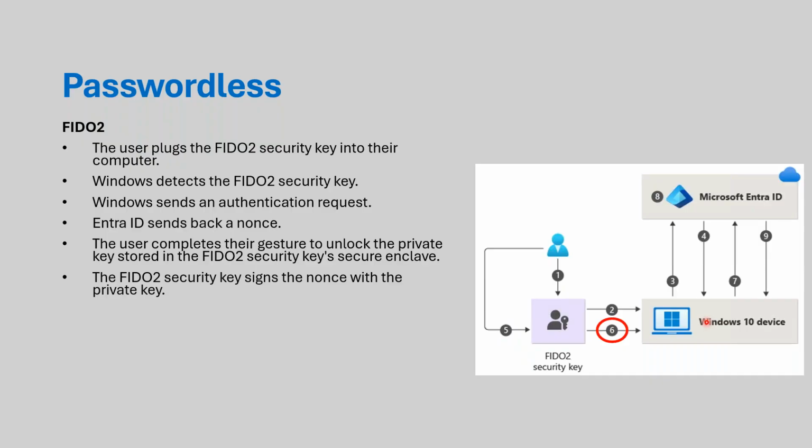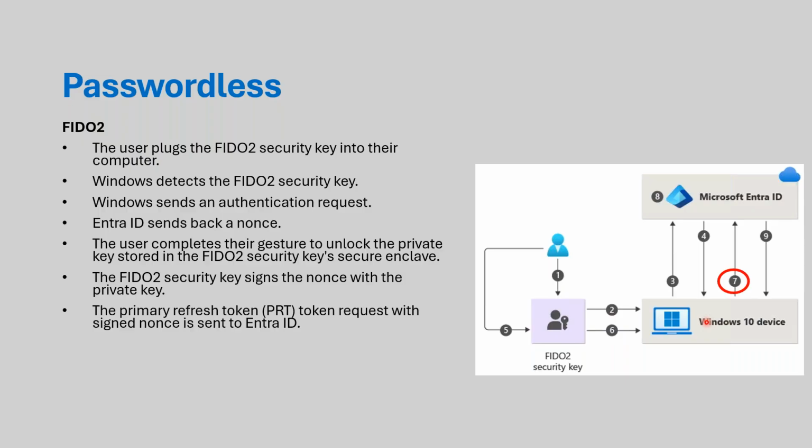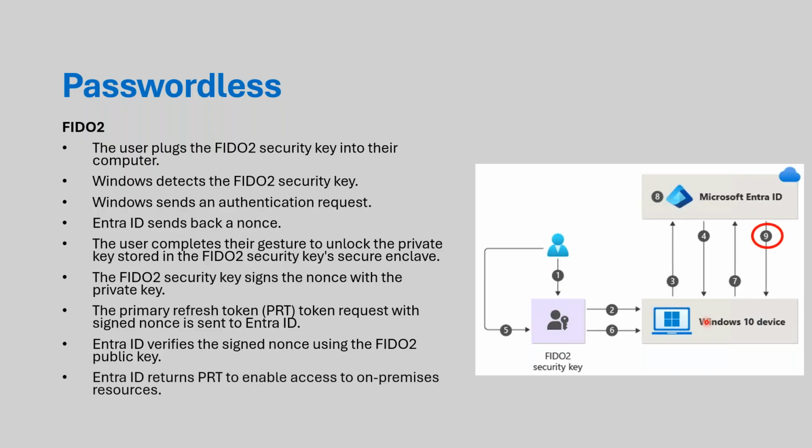It will then use this to sign the request, and then I finish my request and get my session token, for which I can then finish my login. So again, I've plugged in a key, I've done some gesture, now I'm logged in. So I've had to have the key, I had to have the proper gesture on that, and it has to be recognized that key is registered to me, and that's the one that gets me logged in. And that's how passwordless looks. These are MFA technologies that try to get the password out of your environment, right? So let's